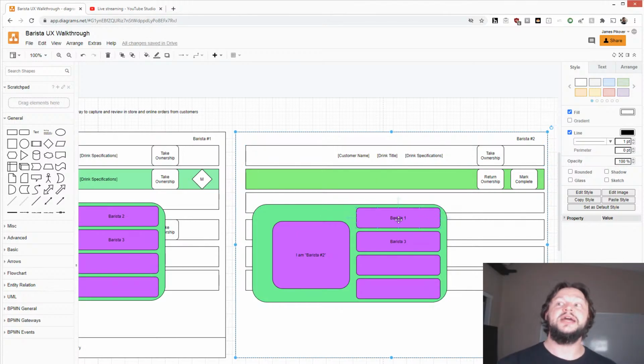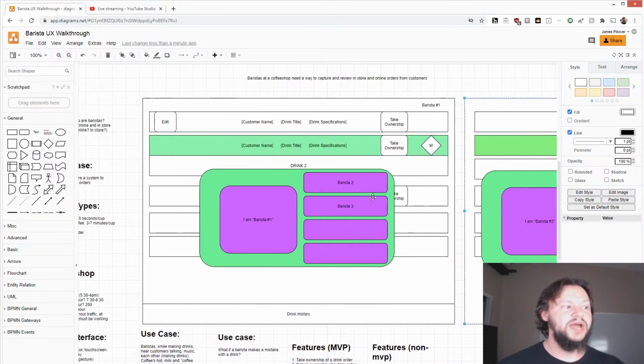In other words, not only would I be able to take ownership at another workstation without having to do any crazy stuff, separately, I would also be able to log in to one workstation, log out, or switch the other workstation to the other barista, and do so without causing any major challenges,